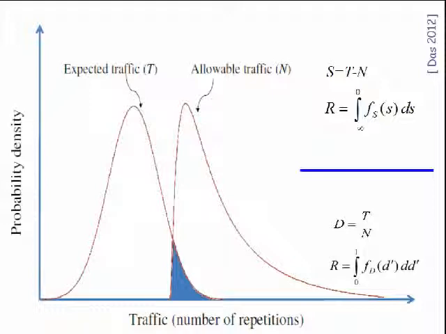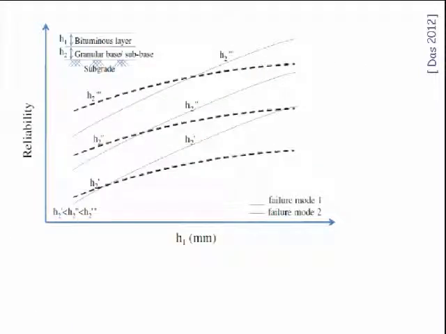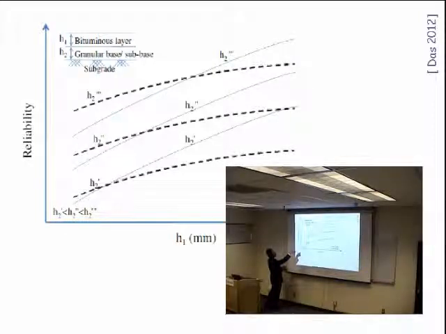a good idea to check the reliability of the pavement, because I come back to the same question of whether it's a good idea to have a pavement which is going to fail due to fatigue and rutting simultaneously. So you can develop reliability charts. It's obvious, because as more and more thickness you are providing, the reliability is improving. So for fixed values of H2, you can have different curves. And for different failure modes, as the thickness H1 is increasing, reliability is increasing. This curve looks different than the earlier curves I have shown.